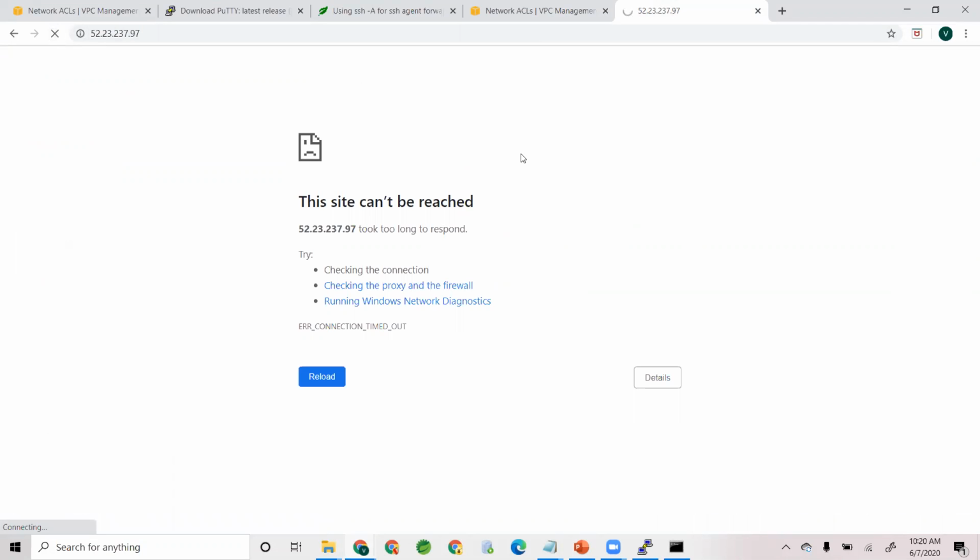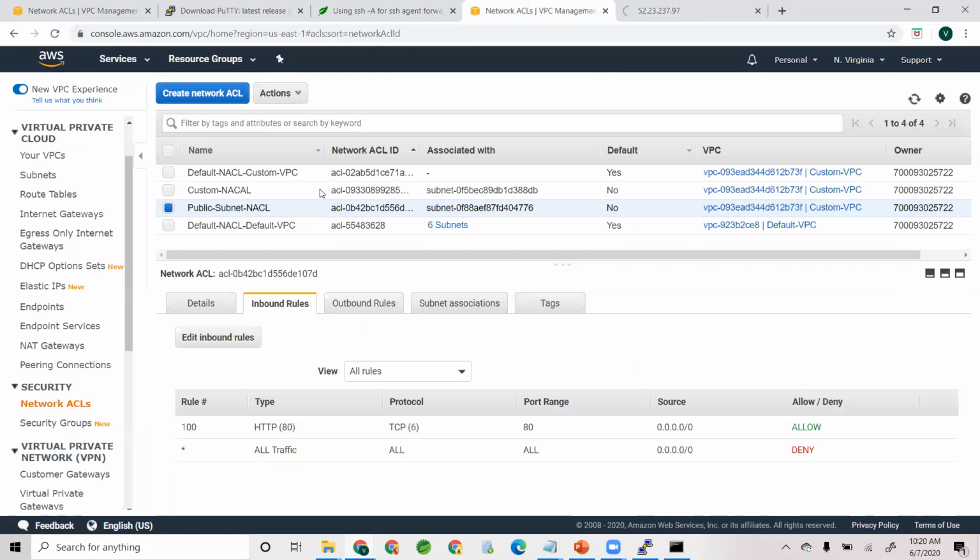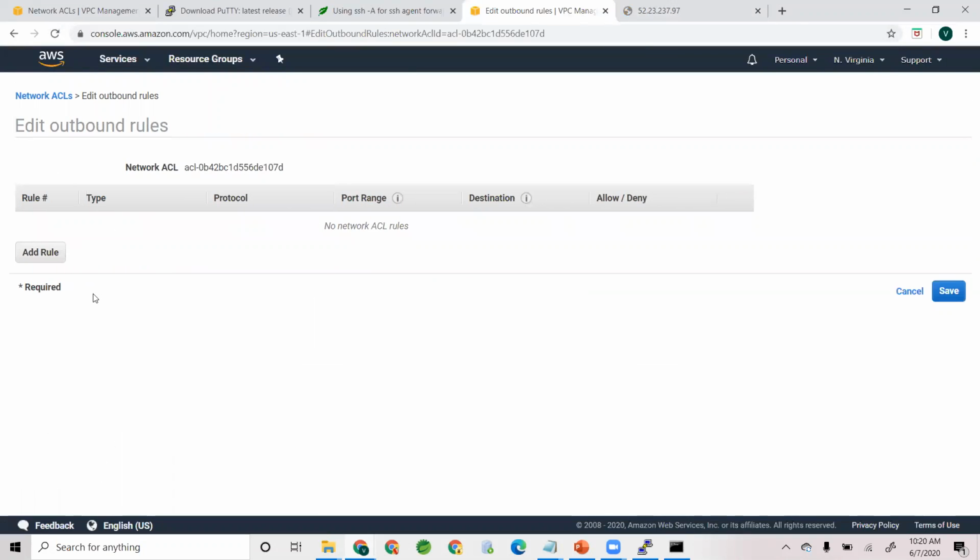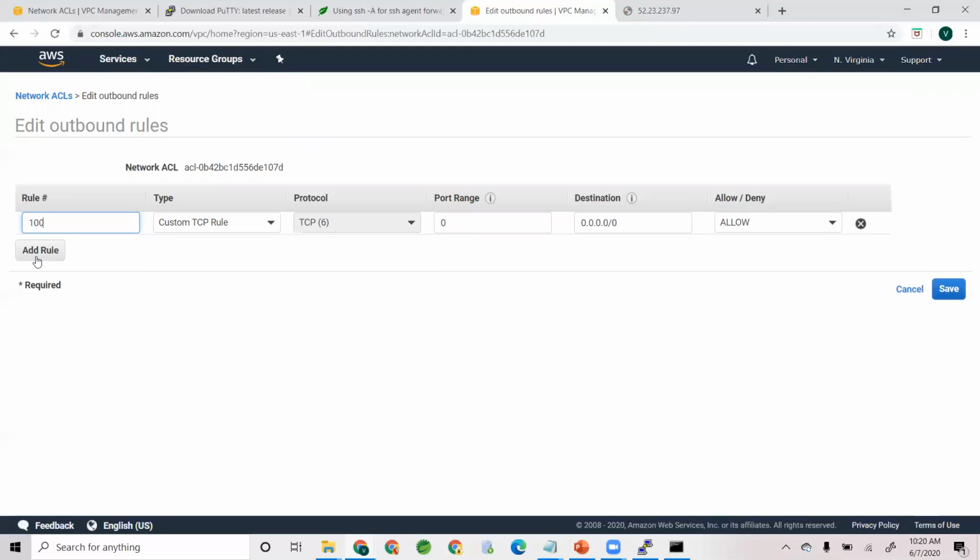The request went in and the response is not written back. The response is not coming back. Request allowed, okay, but it's not coming back. So it's the same behavior, right? So what we'll do is let's go to outbound rules, edit outbound rules, add rule number 100, and custom port